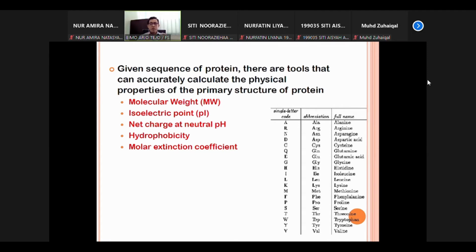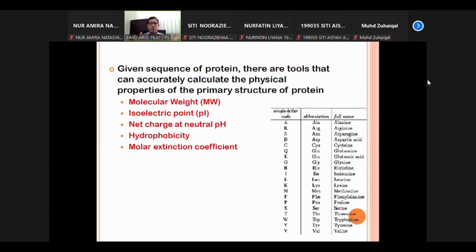It's very important for you to know the total charge of your protein at certain pH, because if you wrongly calculate the charge of your protein, then when you put your protein at certain pH, your protein will become insoluble. It becomes like rock, it will deposit at the bottom of the test tube, which is very important when you work with molecules.